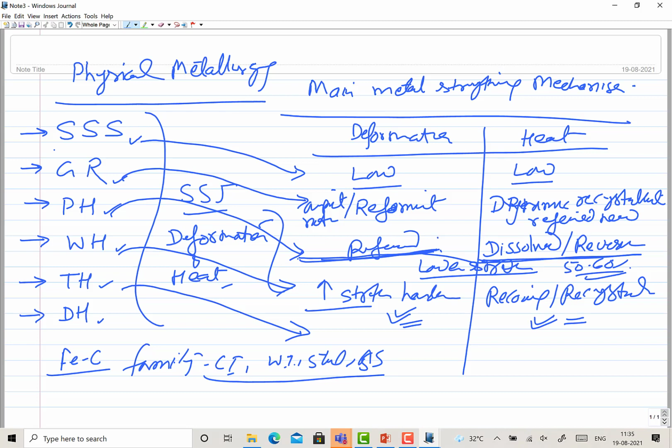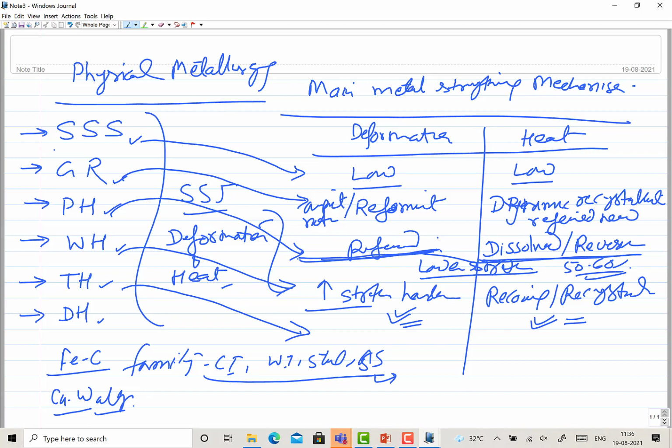Most of these show the tendency, except very low carbon steels, they do not show, but they also show, like steel having 0.2% carbon can also show little hardening in laser welding. So the point here is, most of these iron family systems, and there is one more, copper, tungsten, they also show the transformation hardening, where earlier you had one phase, and when it is subjected to rapid heating or holding at high temperature for some time followed by cooling at different rates, you find a lot of